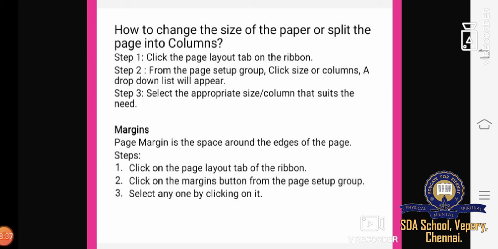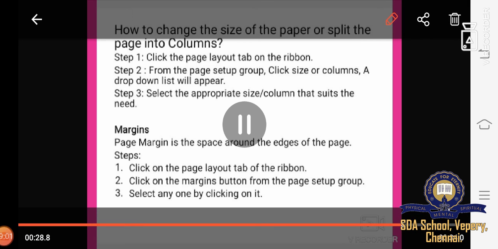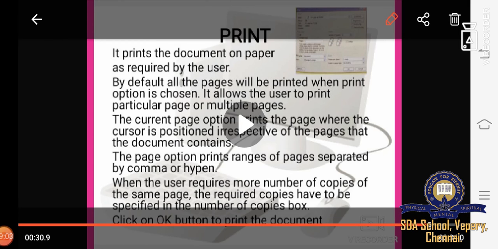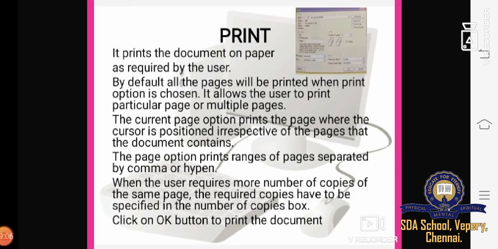So this is the way to change the size of the paper or to split the page into columns. Next we are going to study print.